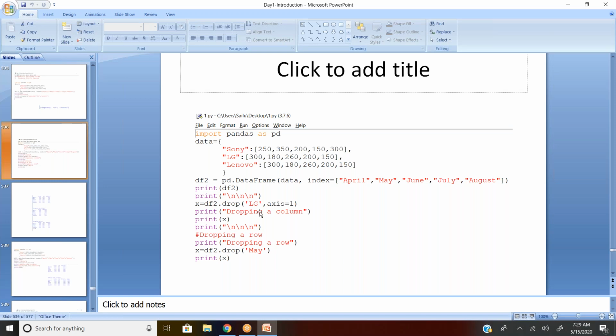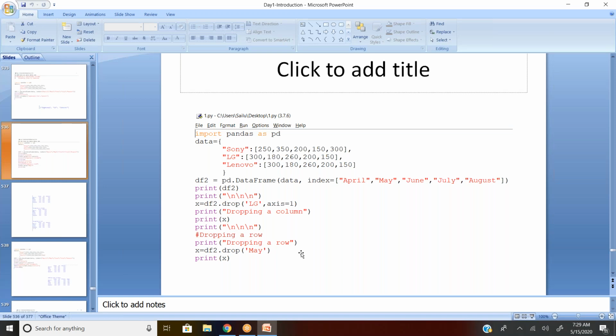If I'm not giving an instruction like axis equal to 1, the system will go default and remove the row, but not the column. So if I'm not giving axis equal to 0 or the axis functionality itself, by default it will go to row. If I give axis equal to 1, I'm giving a special instruction to my system saying that it is a column name, just go and remove the column.